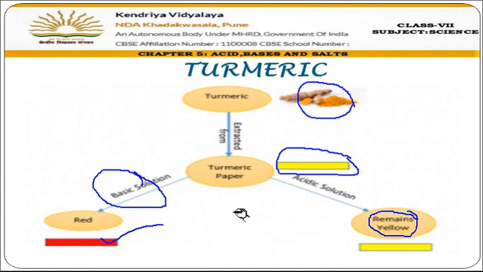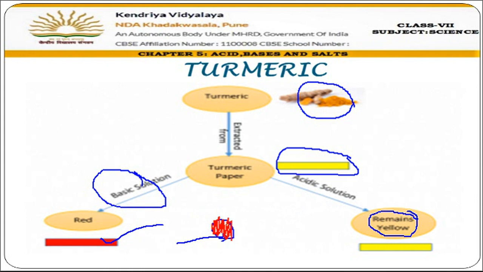Students, you can notice that if, suppose, you are eating and some vegetable falls on your dress, it gives a yellow color due to turmeric. But the next day when you wash it, what happens? When you rub the soap on it, as soon as you rub the soap, this yellow color turns to red. That means soap is nothing but a base. And when a base is applied on turmeric, it shows red color.